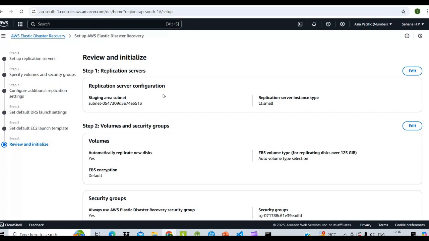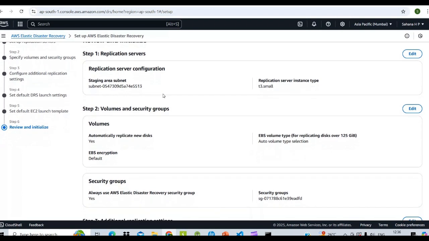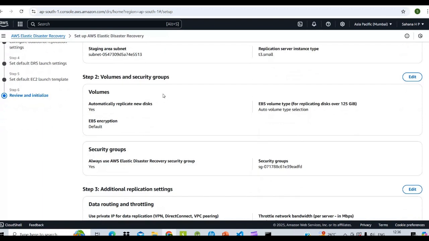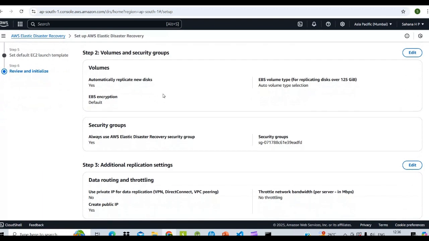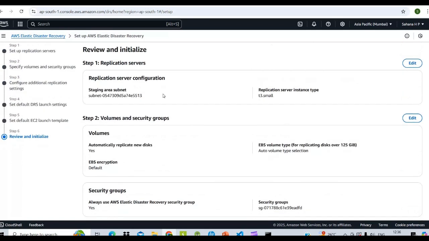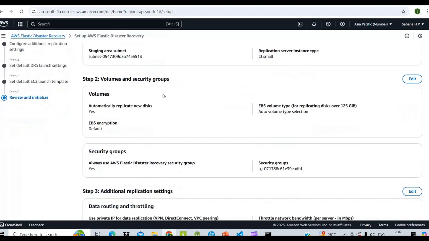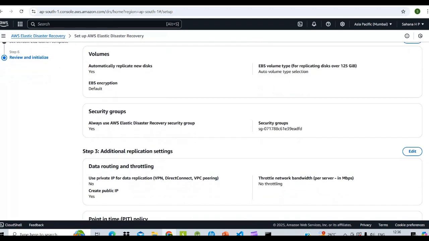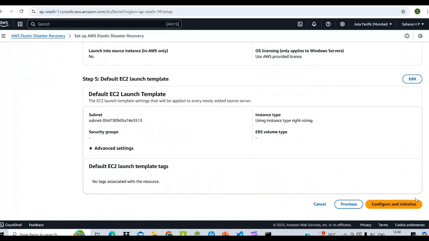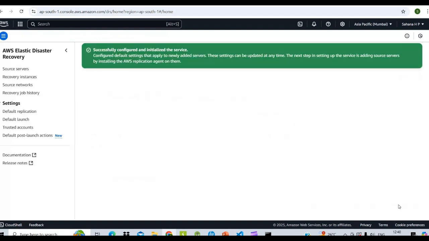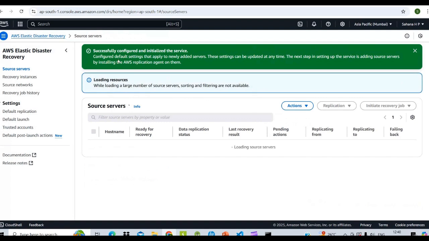Here we can review and initialize, check that your selections are right, or edit any of them, such as the security group. All the things are right. Click on configure and initialize. Here we can see it successfully configured and initialized the service.